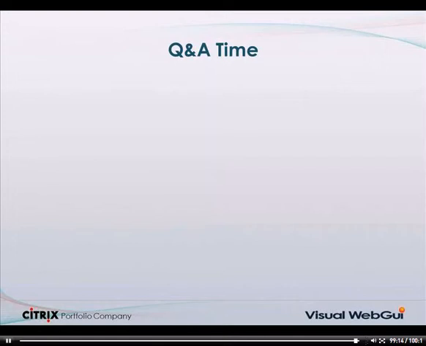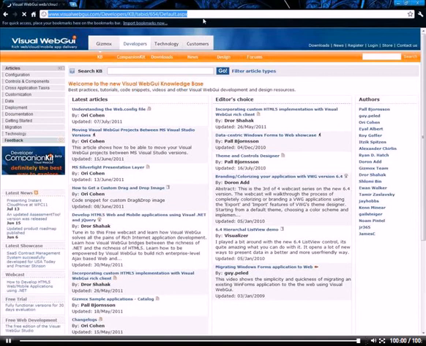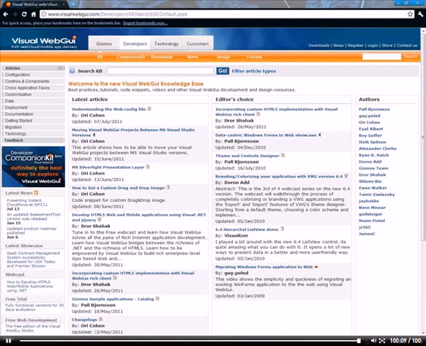Any tutorials on Enterprise Mobile? Enterprise Mobile is still very early, and we'd like to be close to a release of the first beta before we have any tutorials. We'll have very detailed explanations, code snippets, articles, walkthroughs, whatever you will need to be able to understand how to use Enterprise Mobile through the knowledge base, which I'll give you the link to in a second. This is again the Visual Web GUI website, and when you click on developers, you immediately get to the knowledge base, which contains large amounts of articles, code snippets, walkthroughs, videos, webinars,